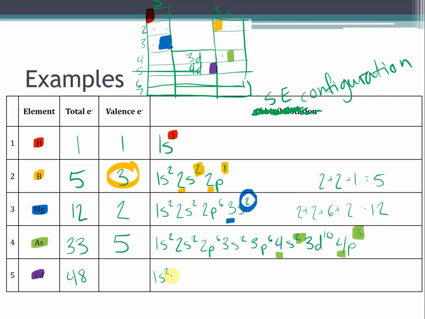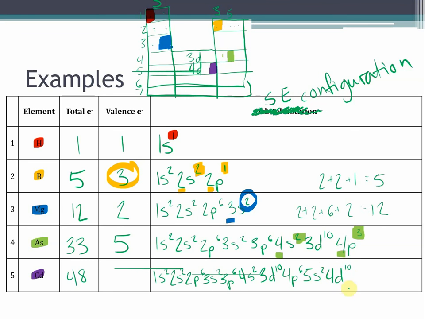1s2, 2s2, 2p6, 3s2, 3p6, 4s2, 3d10, don't forget that, 4p6, 5s2, 4d10,